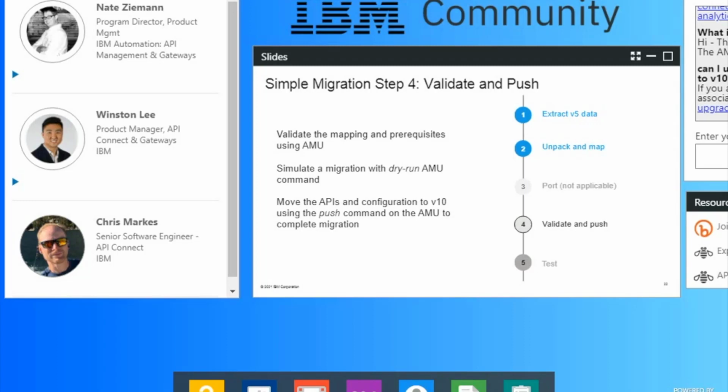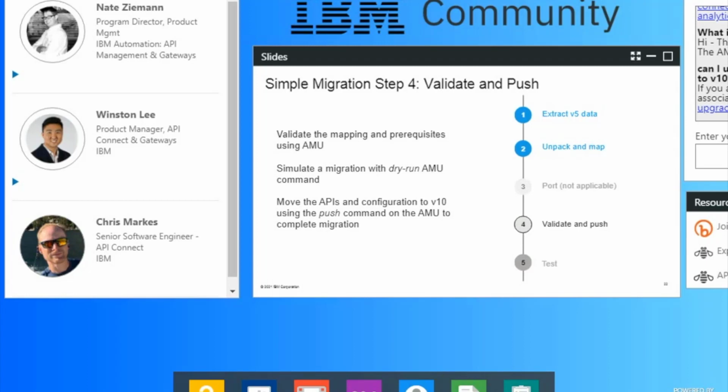Now, it's worth adding here too that you don't have to do this all at once. You can migrate as much or as little as you want each go. So, for example, you can go catalog by catalog or provider org by provider org. If you find that there are any things you want to revisit, or if things have changed at some point on the v5 system since you first pushed some content in, then you can go around the loop